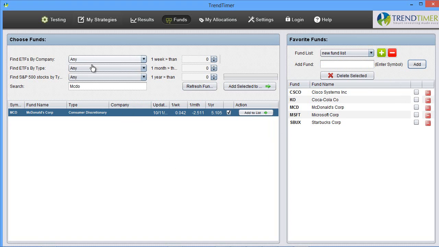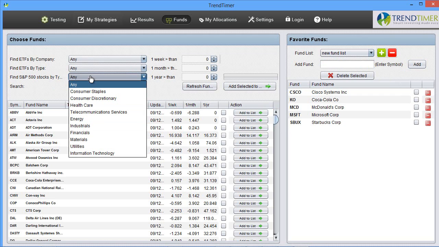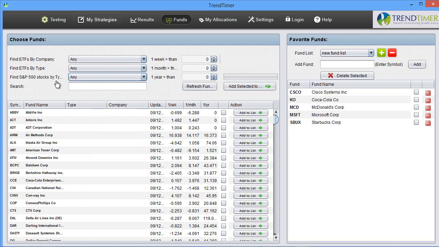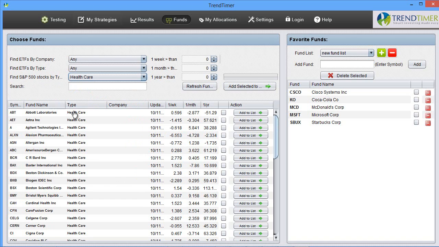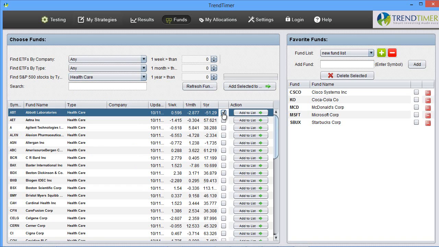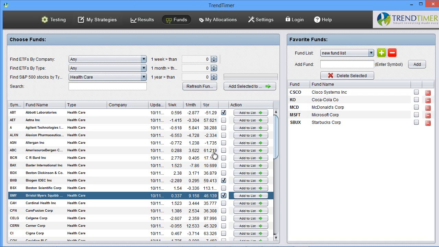On the left there are also some drop-downs, and these drop-downs can display various lists of stocks and funds. So here we have a drop-down for the S&P 500 stocks. So we can choose healthcare from this list, and it'll display the list of healthcare related stocks in the S&P 500. And so if we want to add these to the list, we can select them. So let's add Abbott Labs. How about Biogen, Bristol Myers Squibb? You can select as many of these as you want,